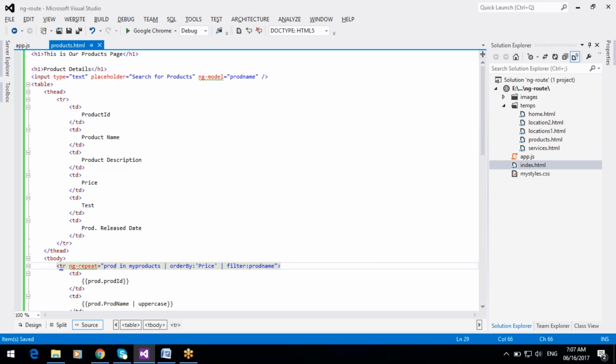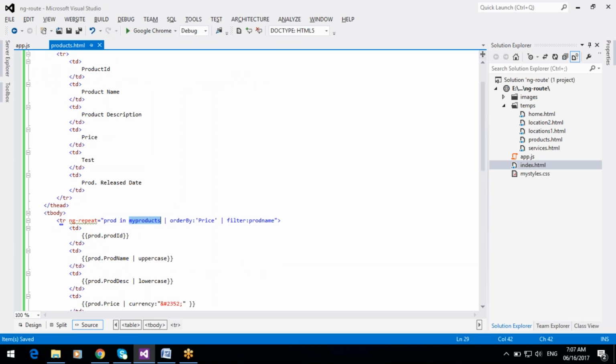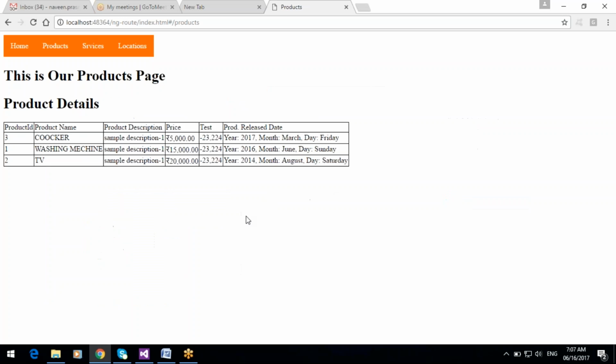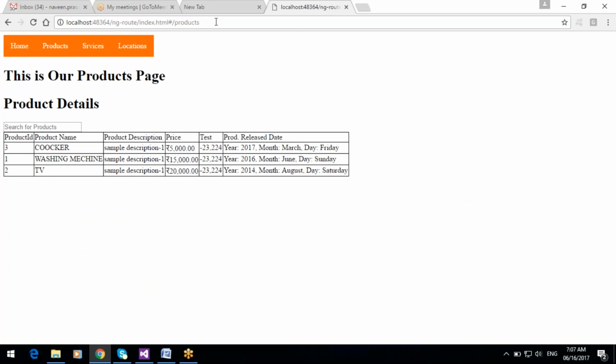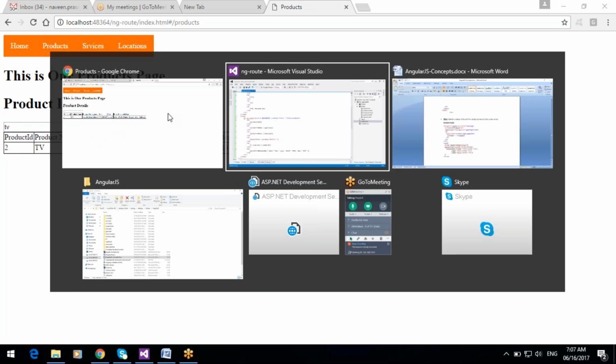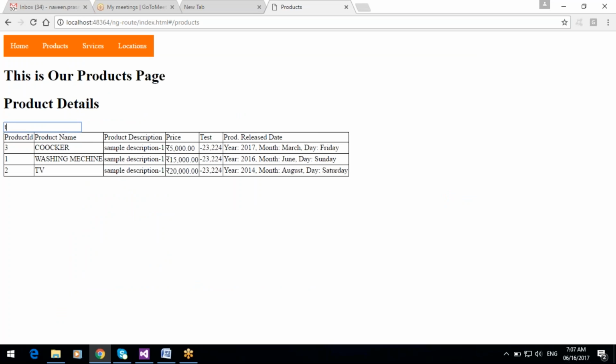Based on the scope variable, the filter searches for the product from the list of products, and if the product is found, it will display here, otherwise empty rows are displayed. So I want to filter the TV. When you type the product name text, the filter filters the products and displays the appropriate result.